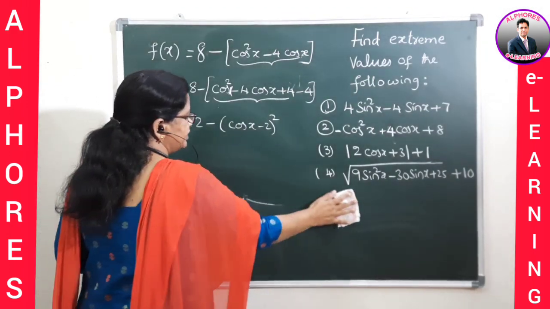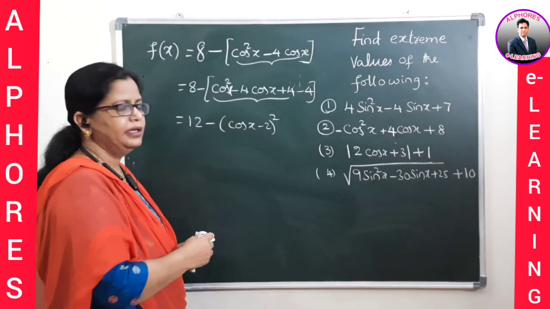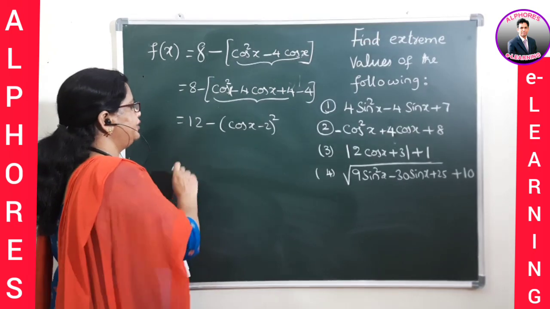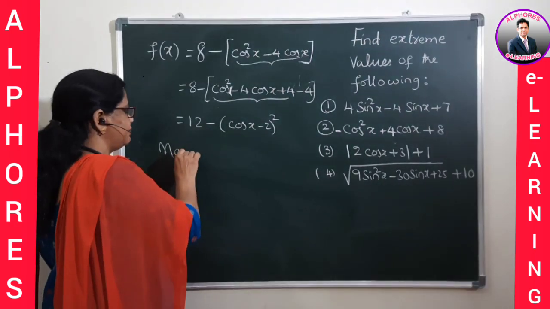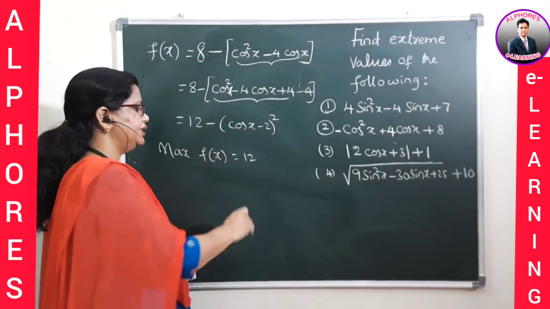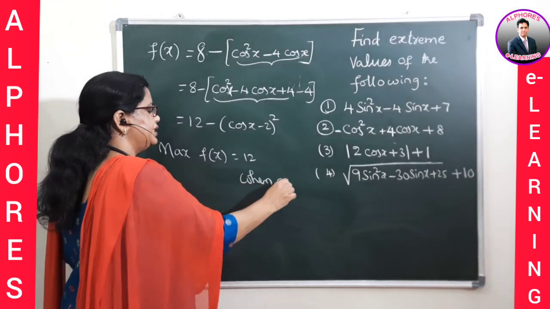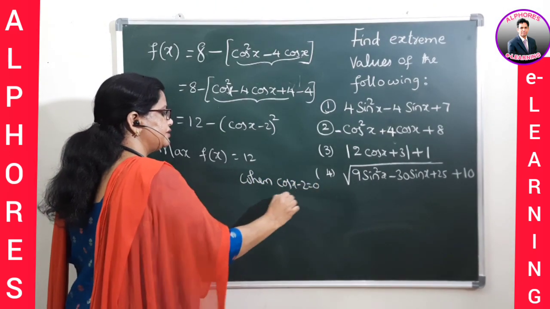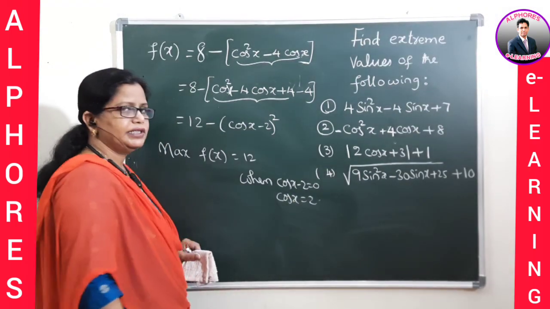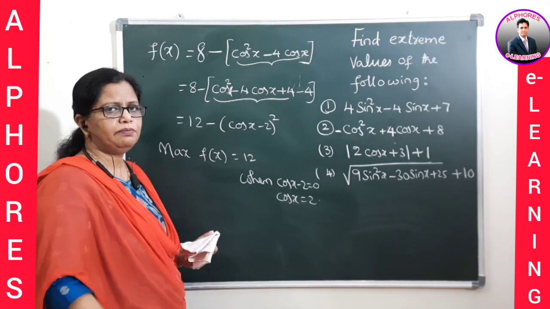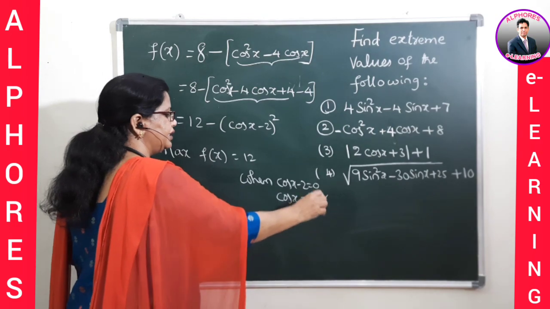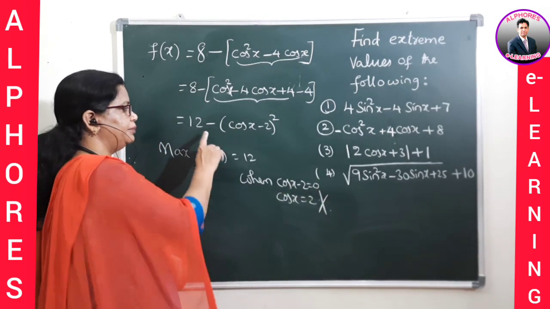Now as you got it in this way, immediately what is our observation? You can say a negative value is before the perfect square. A negative value implies the maximum of f of x is equal to 12, but at what value do you get this? When cos x minus 2 is equal to 0. But cos x minus 2 equal to 0 means what is the value? Cos x is equal to 2. But we know the range of cos x is in between minus 1 and plus 1. But here you got cos x equal to 2, which is not within the range. Hence, in this problem, you cannot directly use this method.